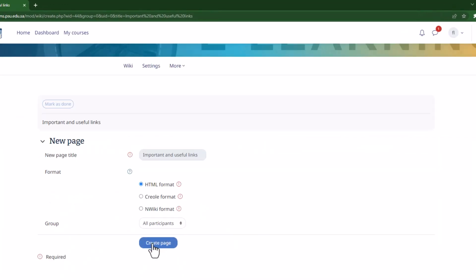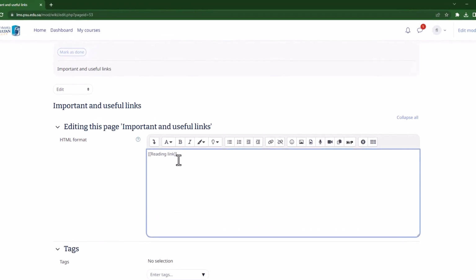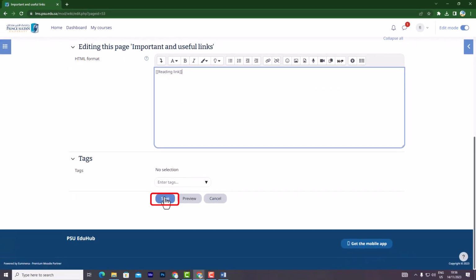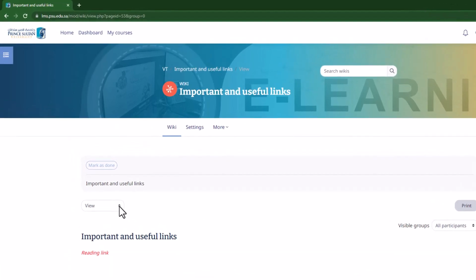On the following page, click on Create Page. Add text and create new pages by adding double square brackets around their titles. Then click on Save. You will be directed to the Wiki section where you can conduct various actions as listed